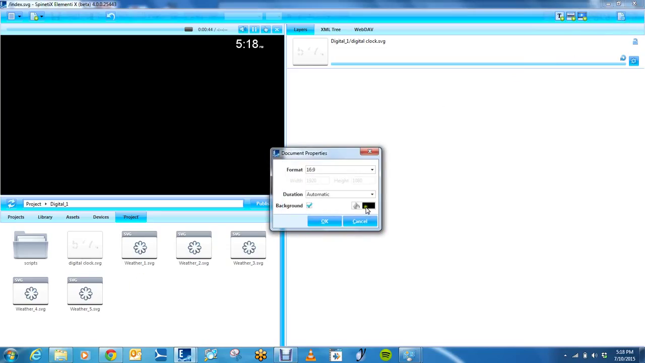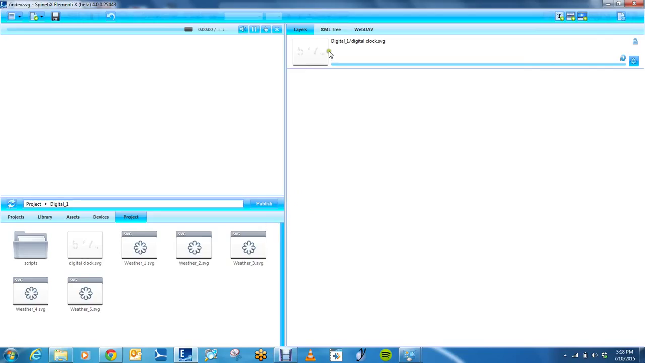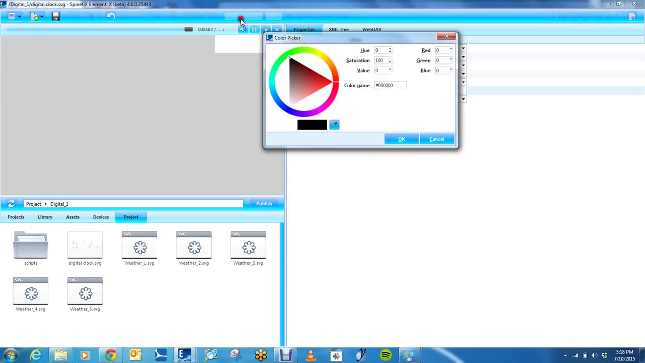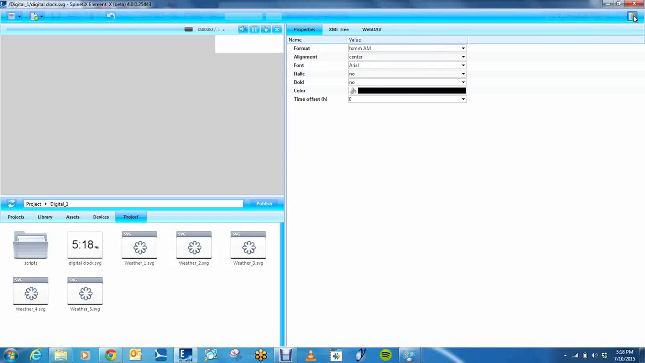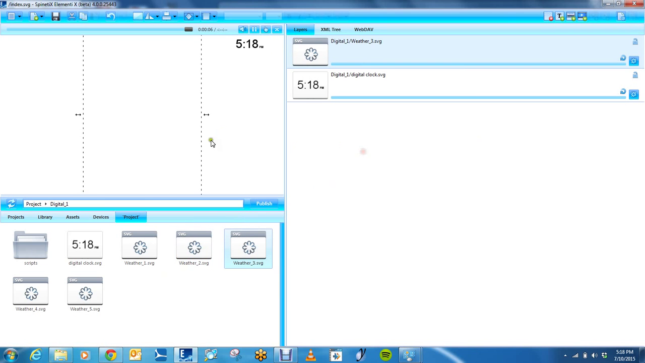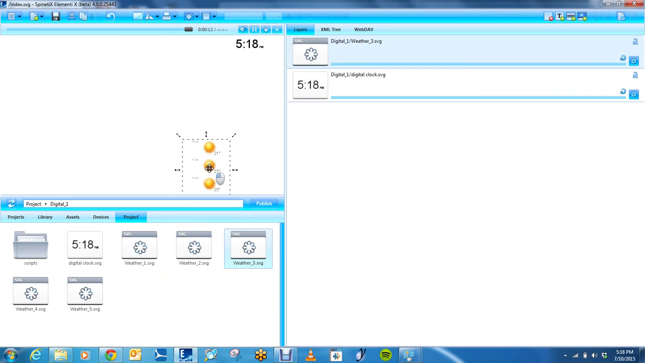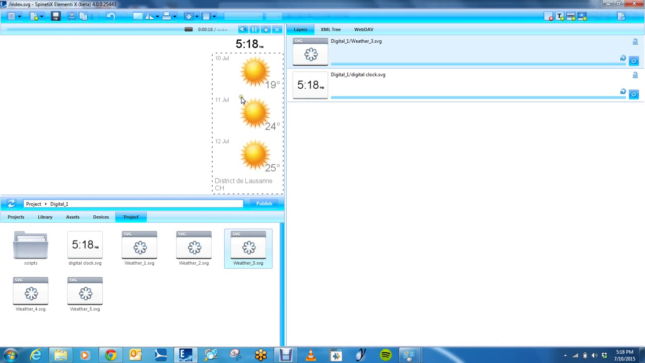Now I'm actually going to change the background really quick, make it a lighter color. There we go. That's better. Now I can take one of these weather SVGs. I'm going to take weather 3. I think that's the one I use the most often. This is a vertical one. That's okay. I'm just going to quickly size and position it. Alright. Now if I open this one up,